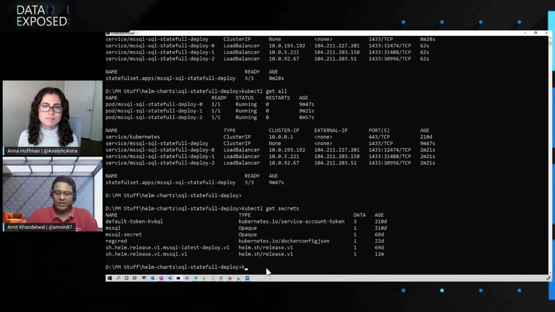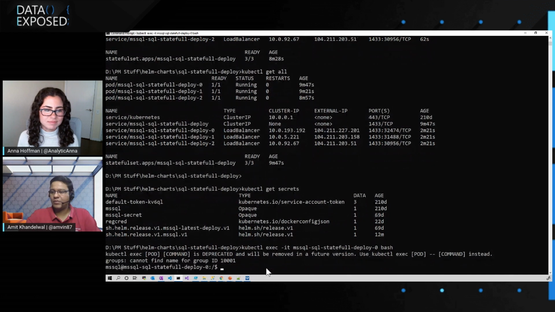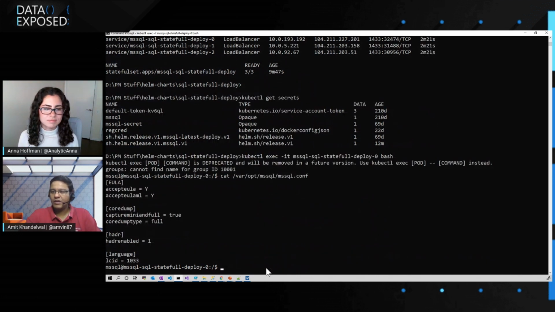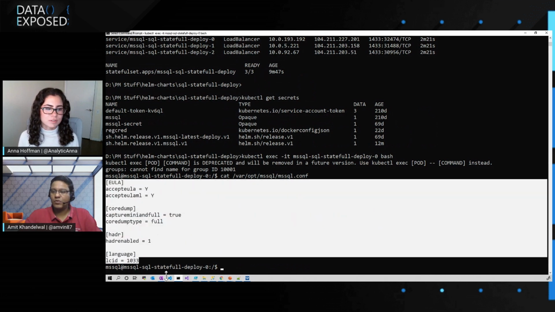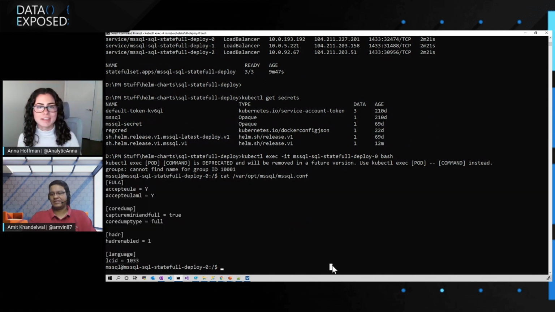And just the last thing that I want to show you. I can exec inside the pod and say I want to run bash, and I want to read the MS SQL configuration file, because I want to see if it took all the configurations that I passed through the Helm chart. It should, but let's just take a look at it. There you go. So this is exactly the values that we have. That's what we saw in the YAML file, which you use Helm to then deploy.